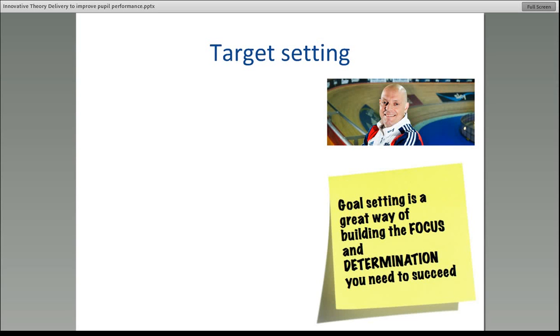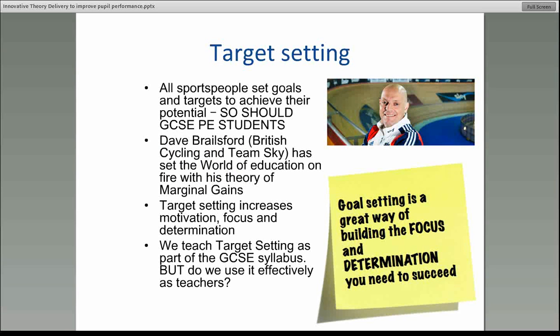We'll crack on then. Target setting, like I just mentioned: all students need targets, and that's what all sports people do. There was a big success with British Cycling this year, and the concept around marginal gains was developed by Dave Brailsford of the British Cycling team. His idea was all about making tiny adjustments to lots of different things, and by improving lots of different things by a little percentage, you get a bigger percentage of improvement